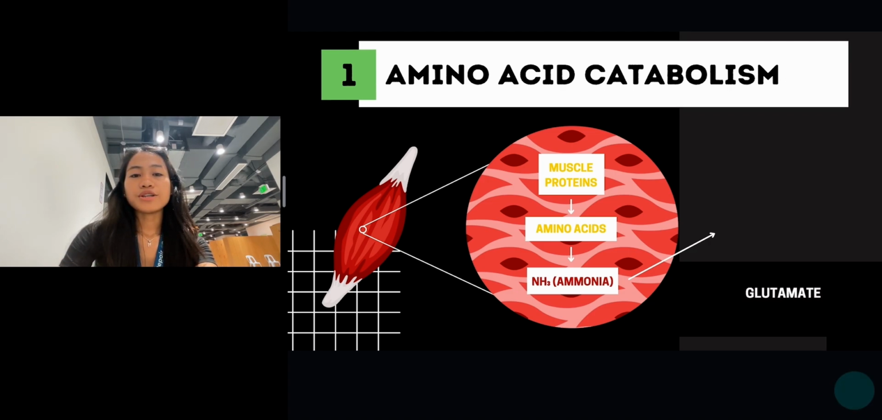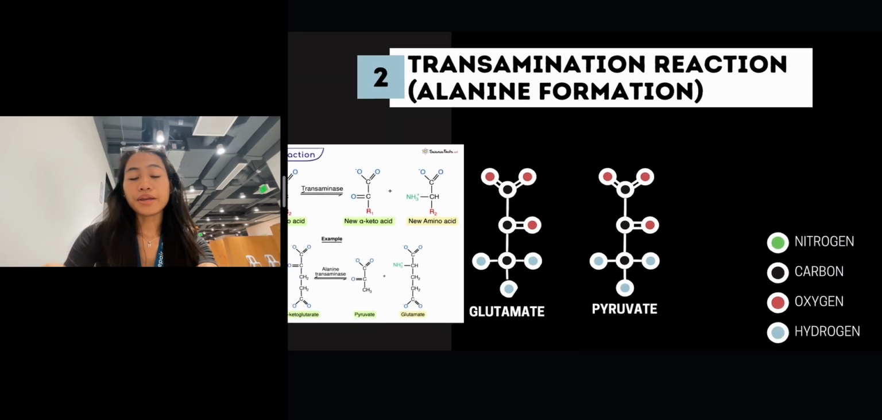The transamination reaction, or the alanine formation. What is transamination? Transamination in general is the biochemical process where the amino group of an amino acid is transferred to a keto acid, resulting in the formation of a new amino acid and a new keto acid with the